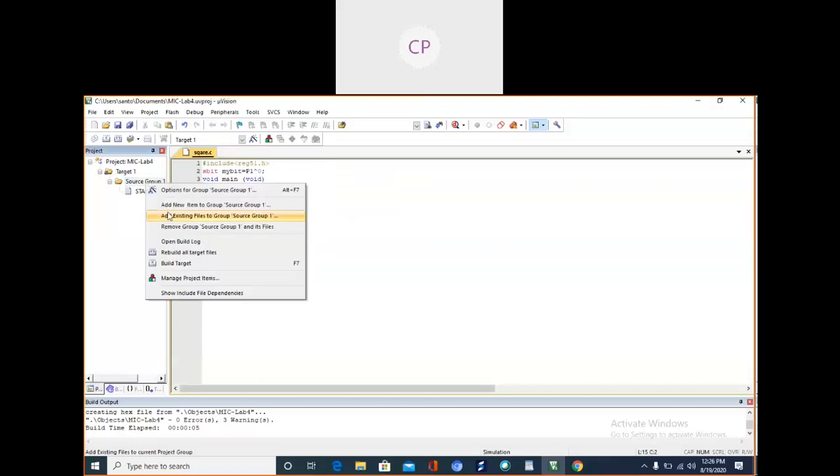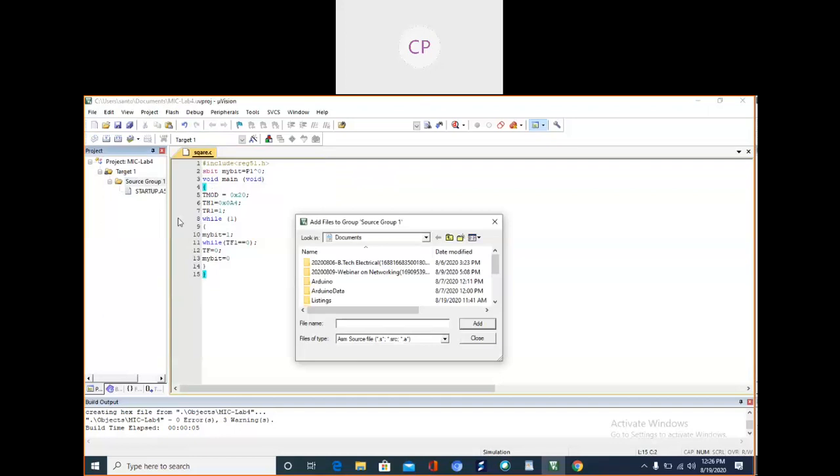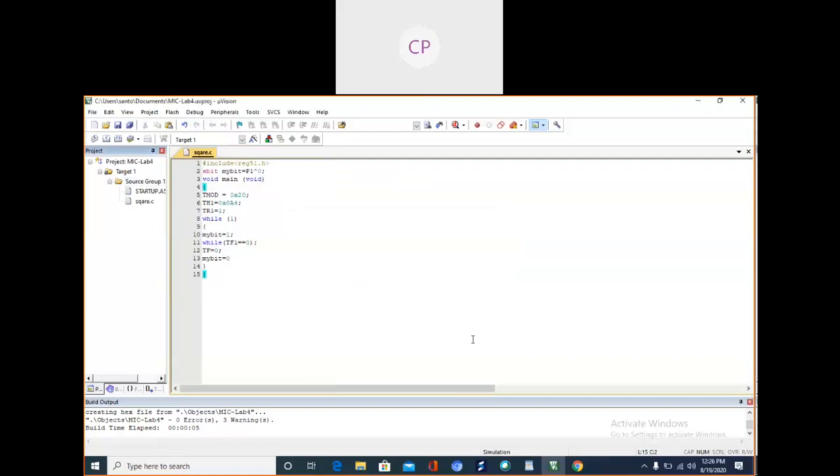The next step is to add this file to source group one. Here you have to check that the file is a source file. Now it appears in the window, square.c. I'll add it. Close.